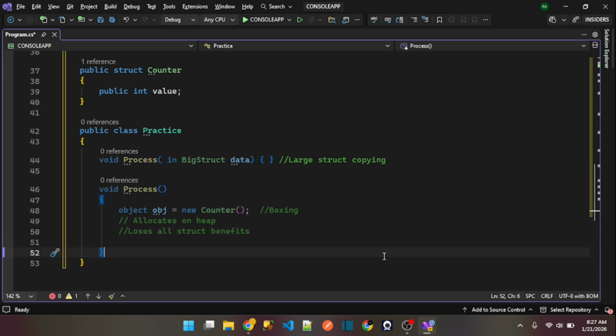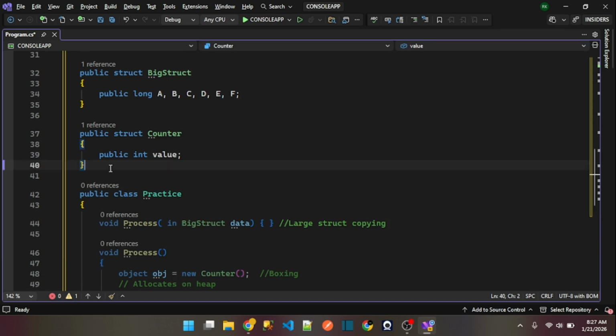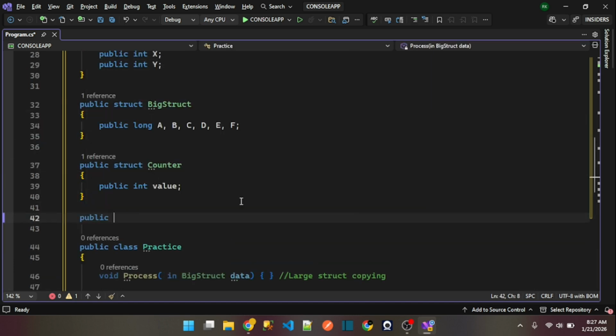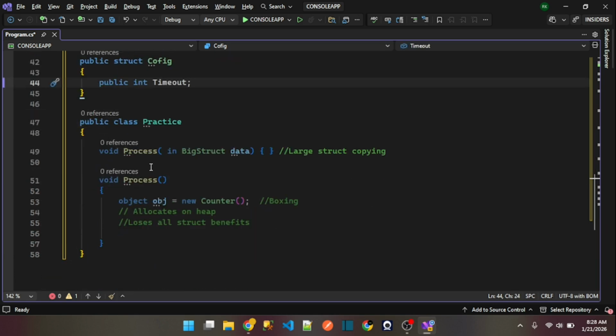And we all know that if you try to mutate a struct, it can be very dangerous as well. So let me write another struct. Struct, and now I will create a struct called Configuration, to which I want to add a timeout. Now what exactly am I going to do here? Void